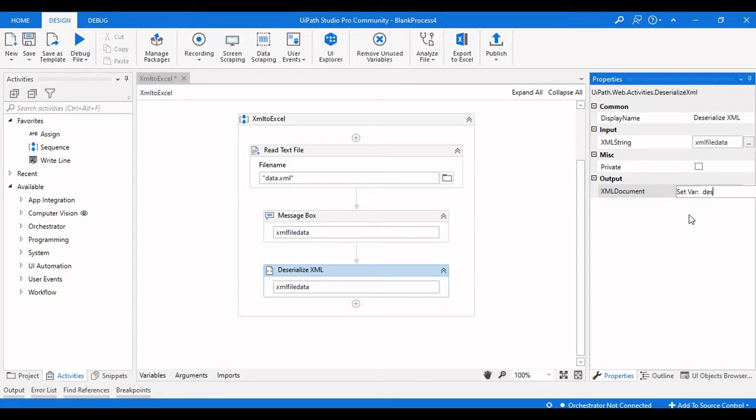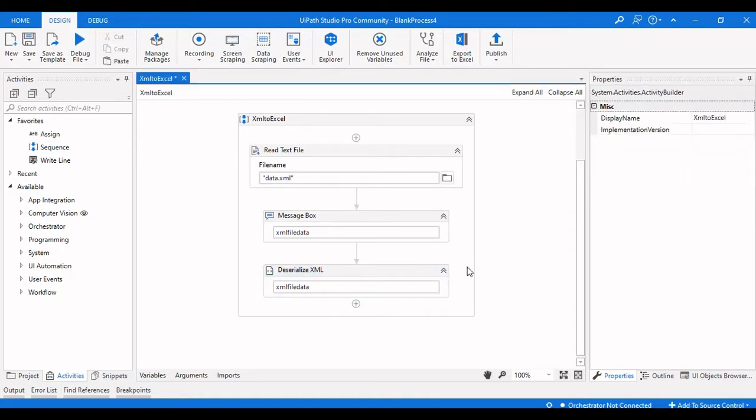So we will name it as deserialized data, and this is the deserialized data of the particular XML file.